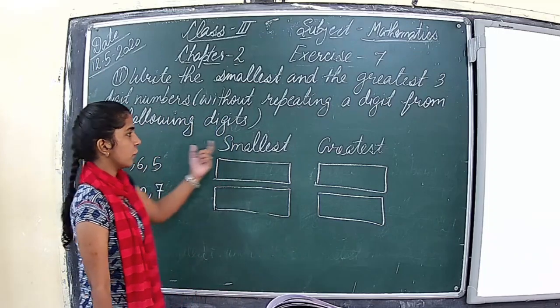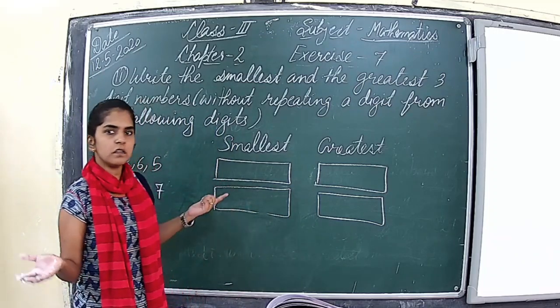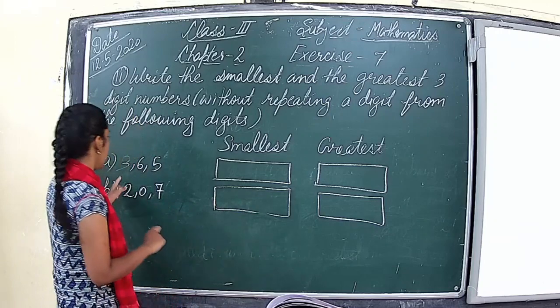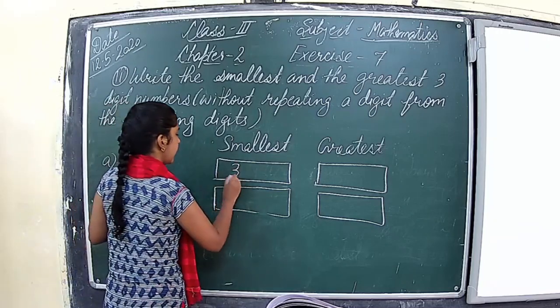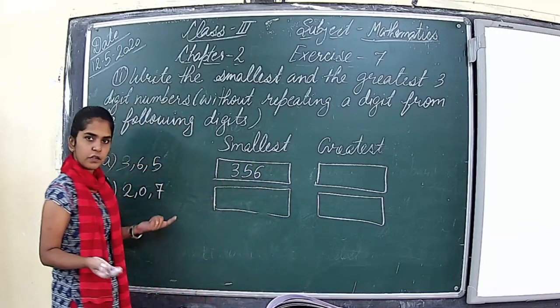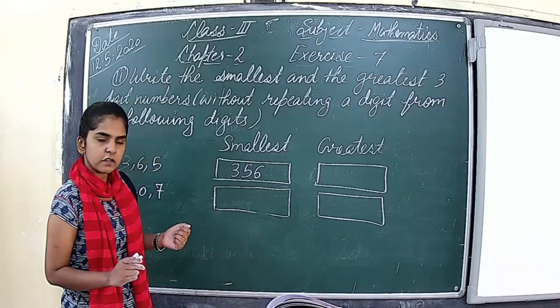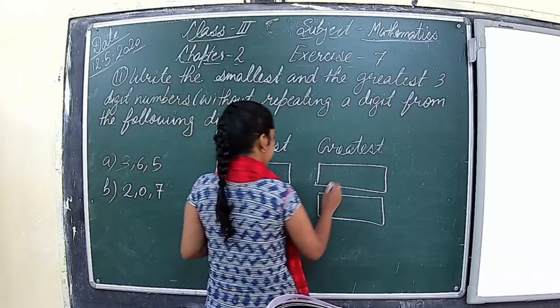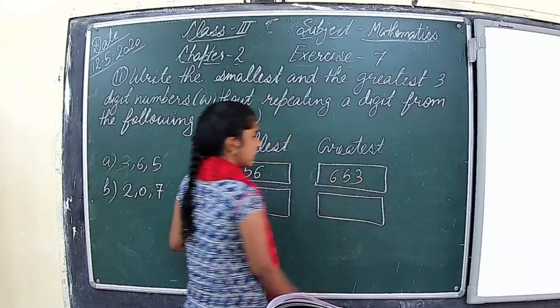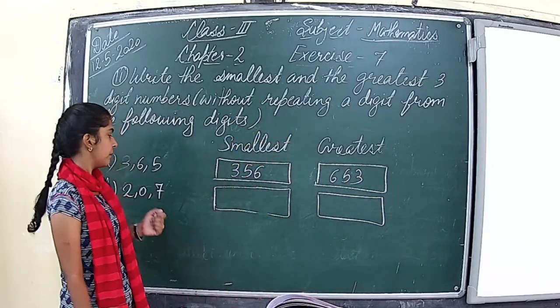3, 6, 5. To form the smallest number, I told you arrange the digits in ascending order. So the number will be 356. And what will be the greatest number? To form the greatest number, we will arrange the digits in descending order. So the number will be 653. Next,